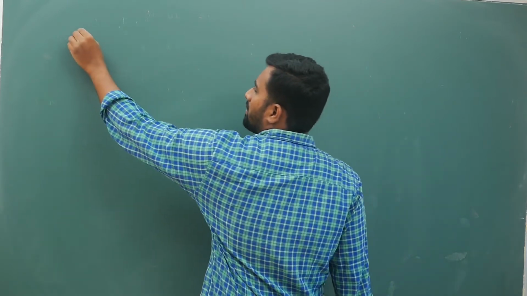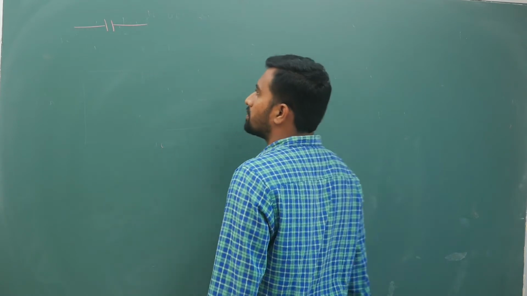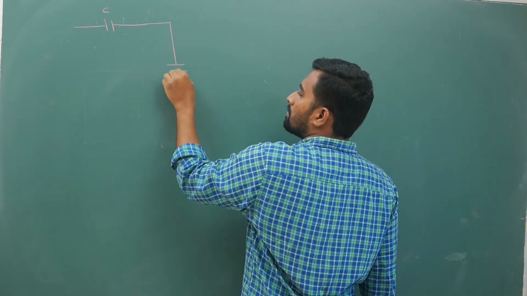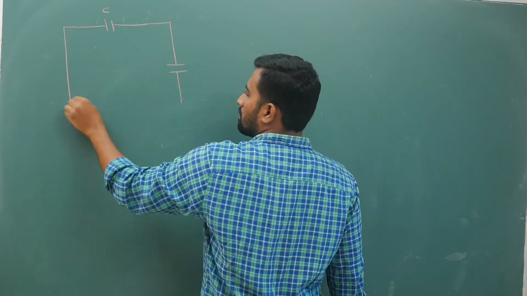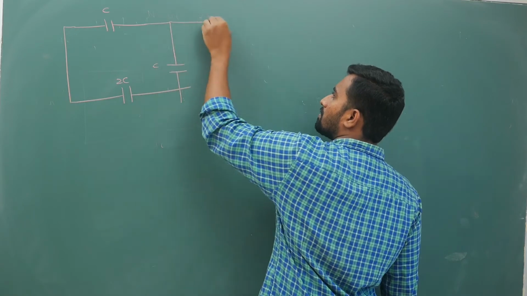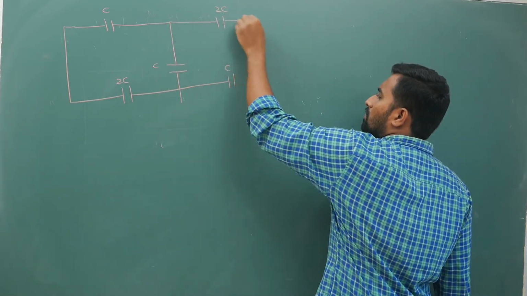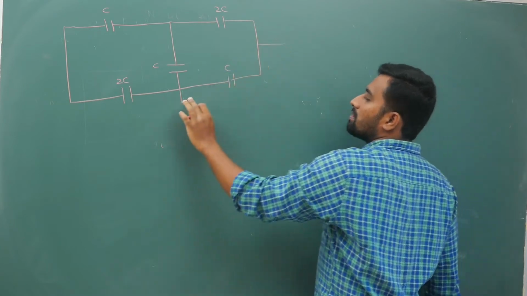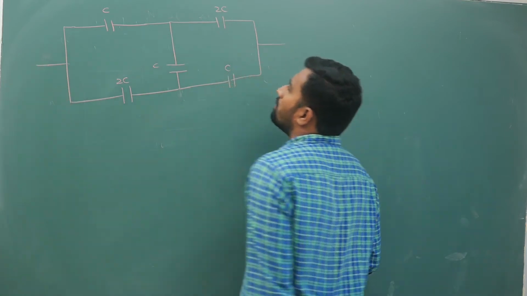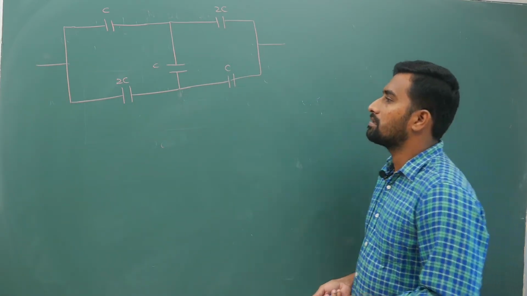Okay, same question, I will use node analysis for symmetric circuits. So I will keep C, 2C here, 2C here, C here. Okay, to convince you for the method I am giving this, that's all. Now in this case, once again you are supposed to calculate the equivalent capacitance.